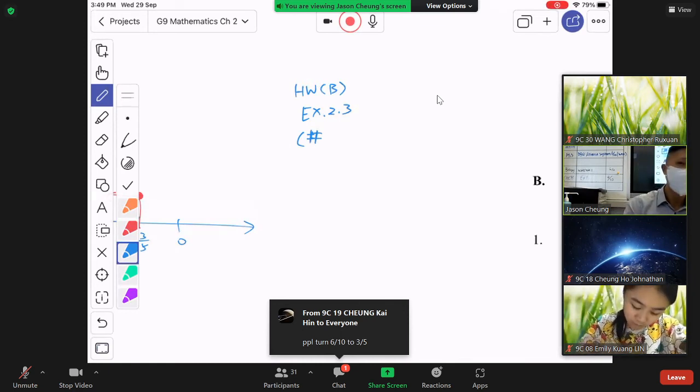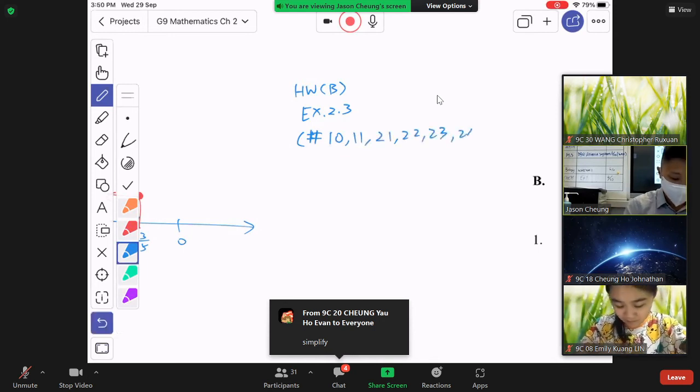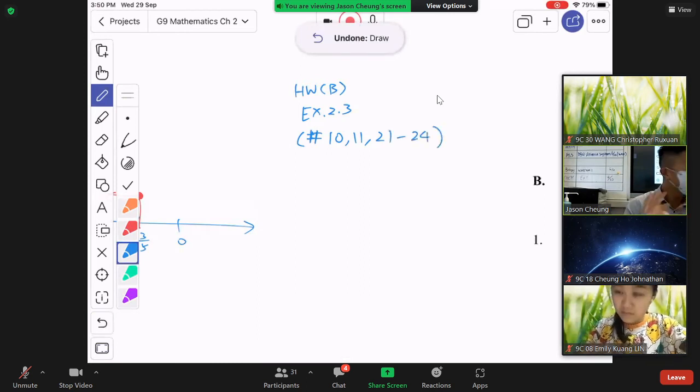Ian，好啦，做啦。You can give Ian more homework if he wants. You don't need to give us. We have enough already. 咁樣咯。